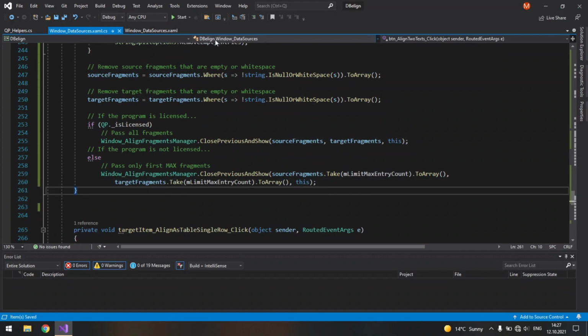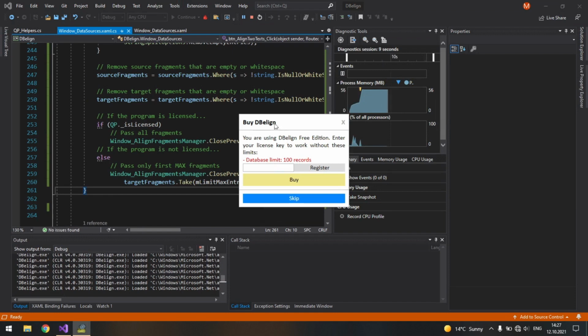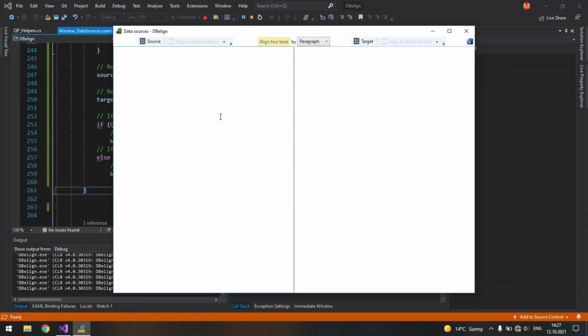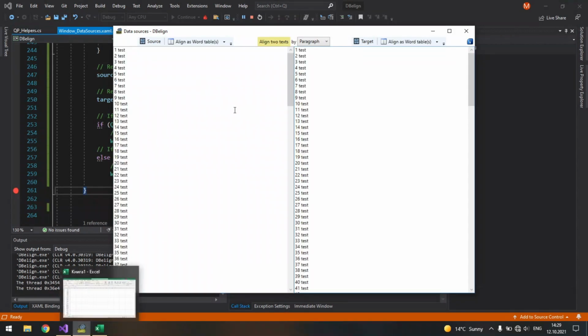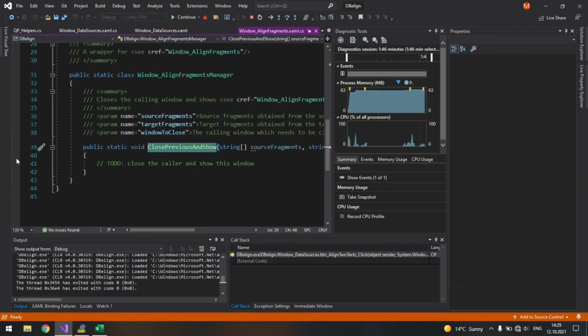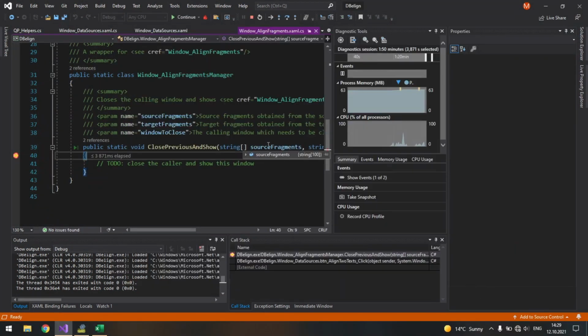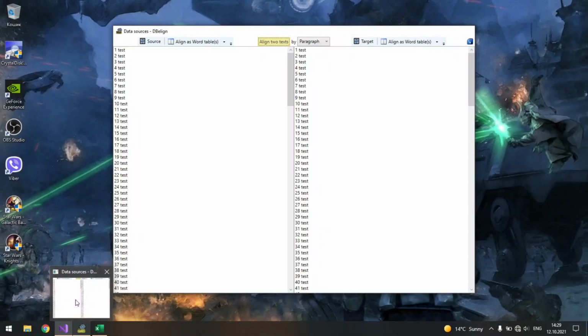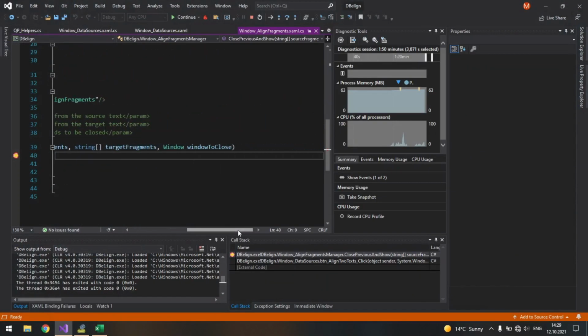Well, let's now check it. Right now I have an unlicensed program. So you see right now I don't have a license. So I will put test data here. When I don't have a license, only the first 100 elements will be taken. Let's put a breakpoint here to check how many fragments we have. Press here, and you see that despite the fact that we have obviously more than 100 elements, we get only 100.